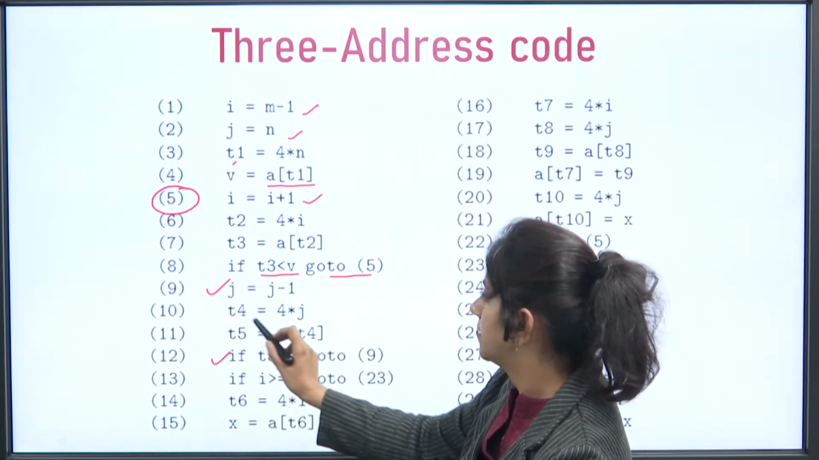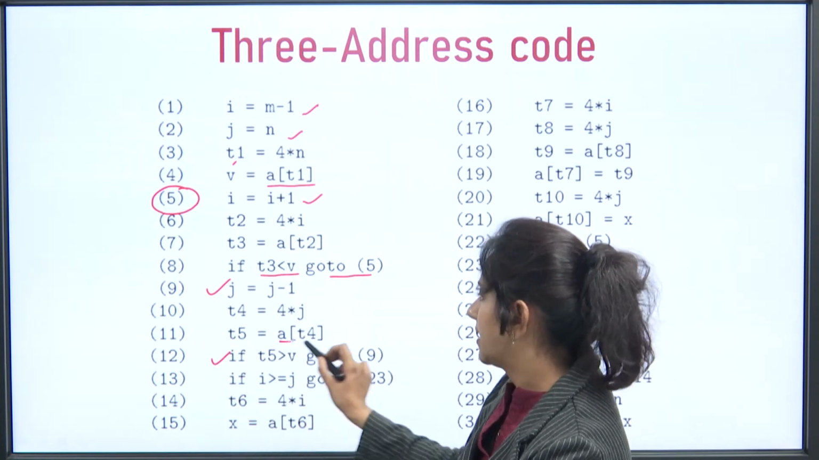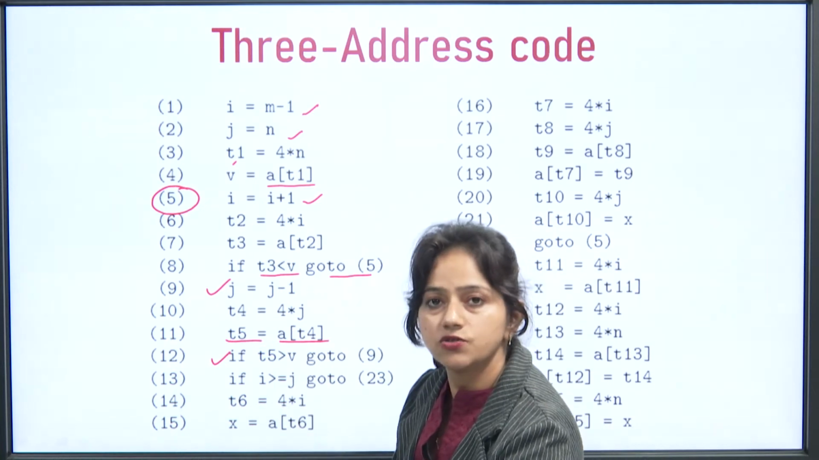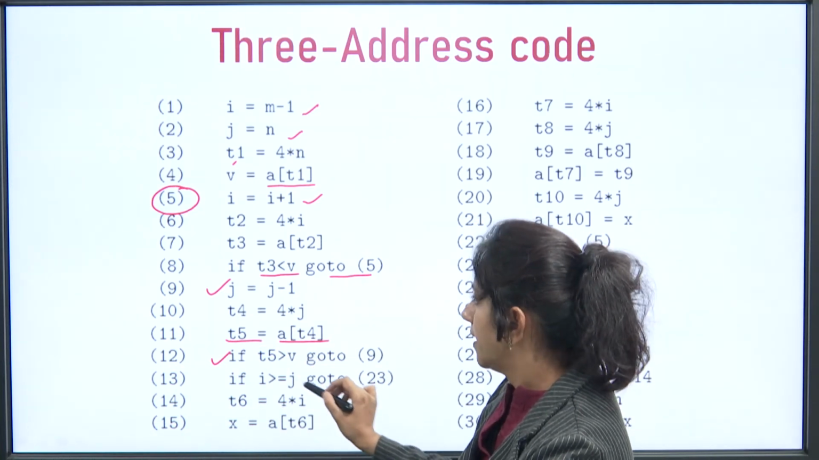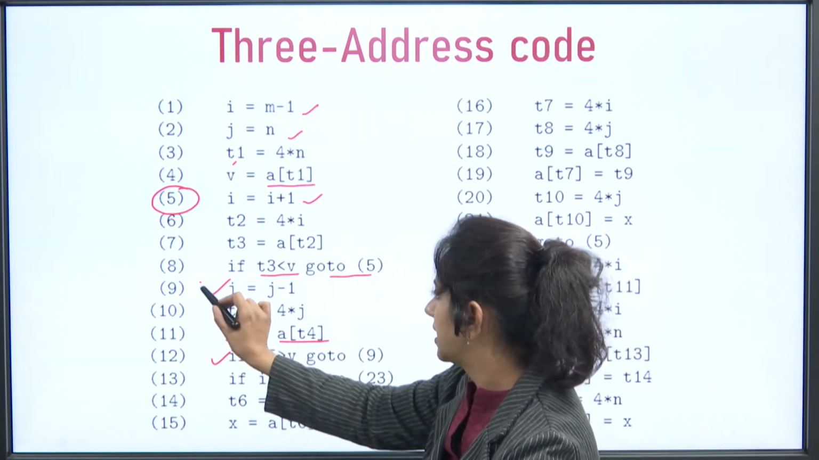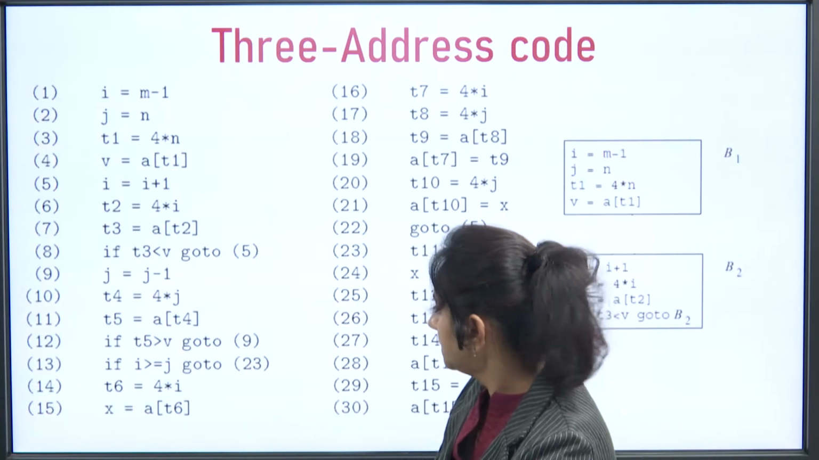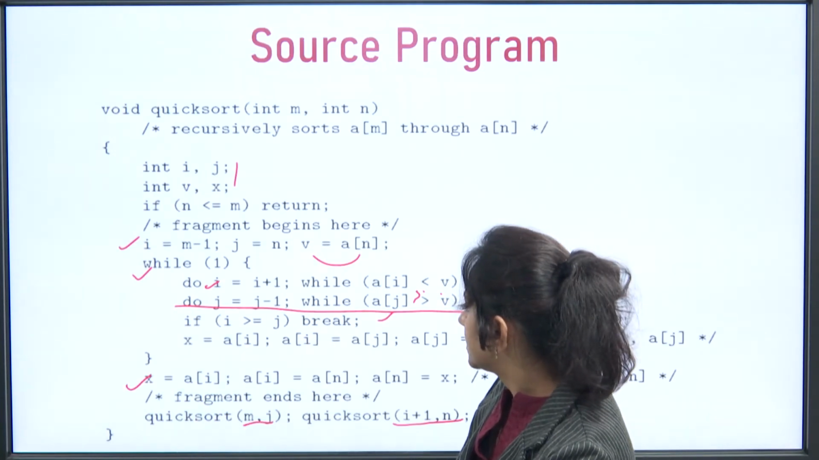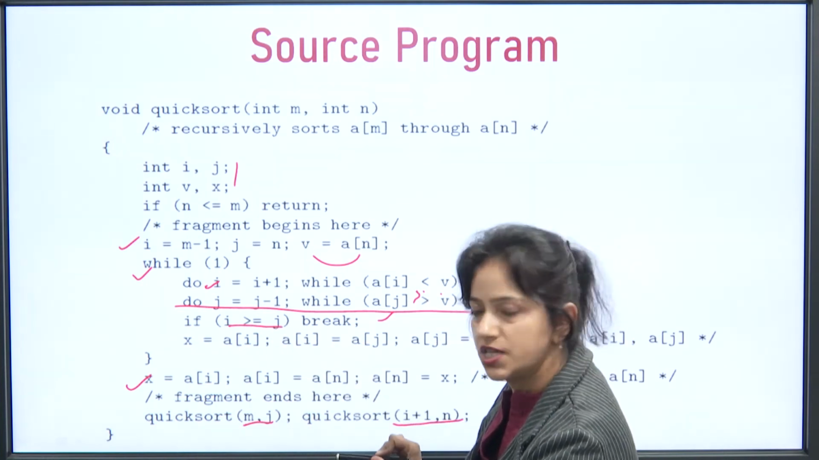So, what we will do, T4 is equal to 4 into j. Now, a at T4 we are setting it to T5. Now, we will compare. If it is true, then we will go to this particular statement. So, we will write here go to 9. Okay. Now, next is here we have the if condition, if I is greater than or equal to j, then